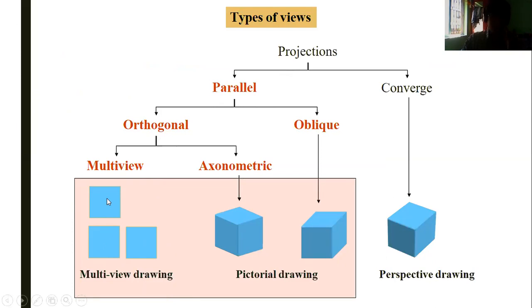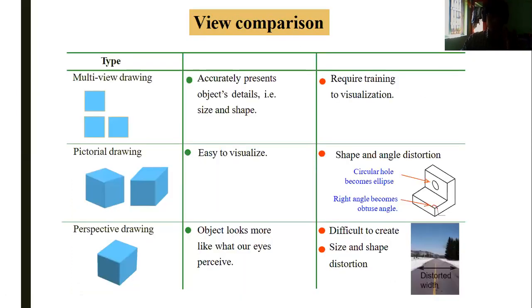This is the front view, this is the top view, and this is the side view. In oblique, this is the oblique projection, and this is the axonometric projection view. Now if it is multi-view projection, we see every size and shape accurately, right? So that we can measure, and the real design can be easily drawn.